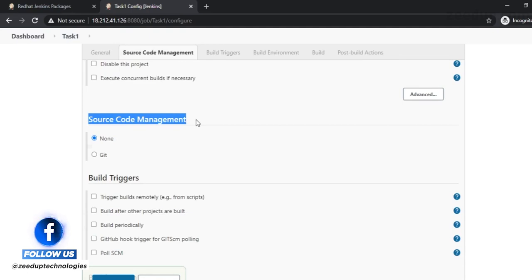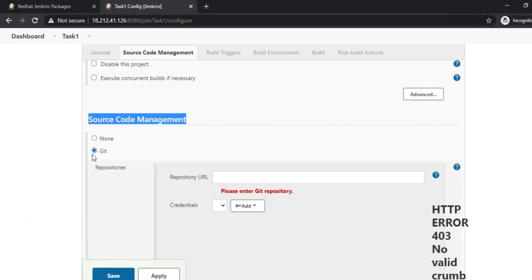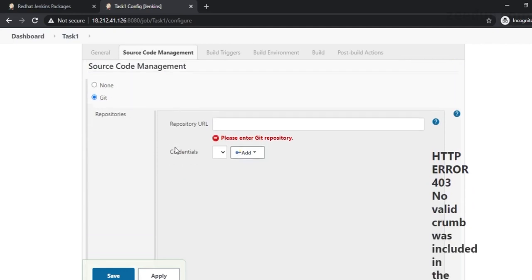Now this is the source code management part. In the source code management part, most DevOps people and software developers use GitHub or Git as a way of maintaining their repository.